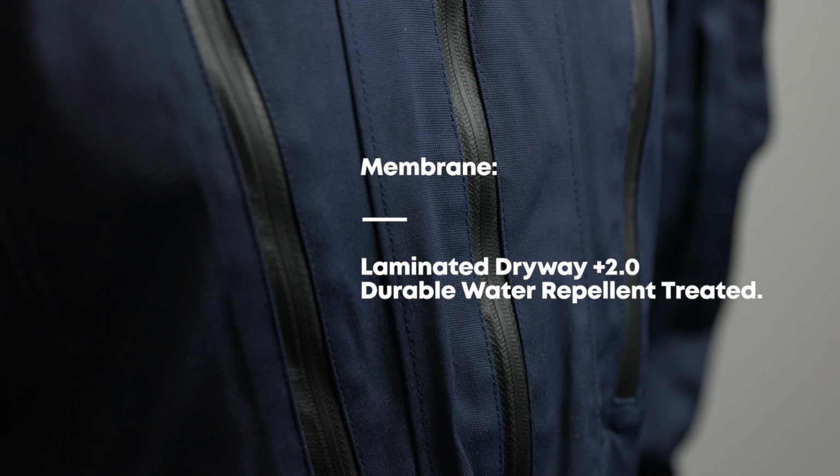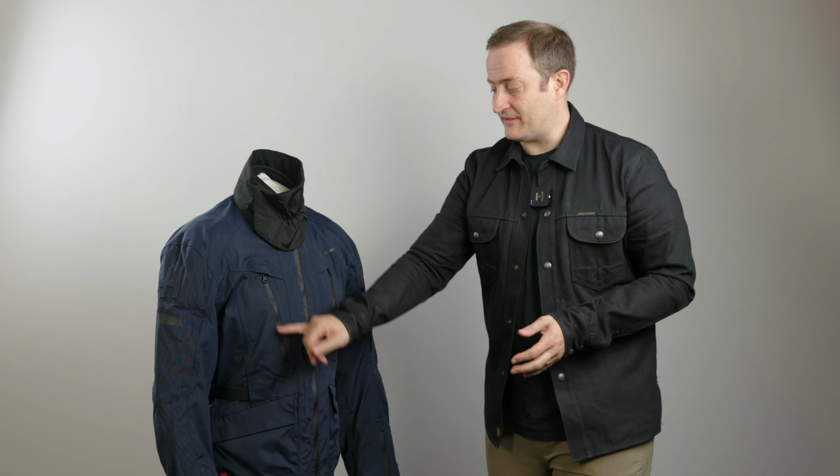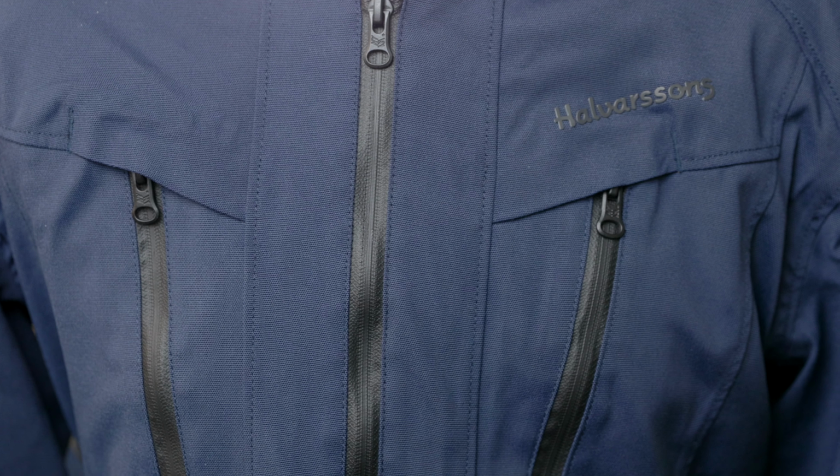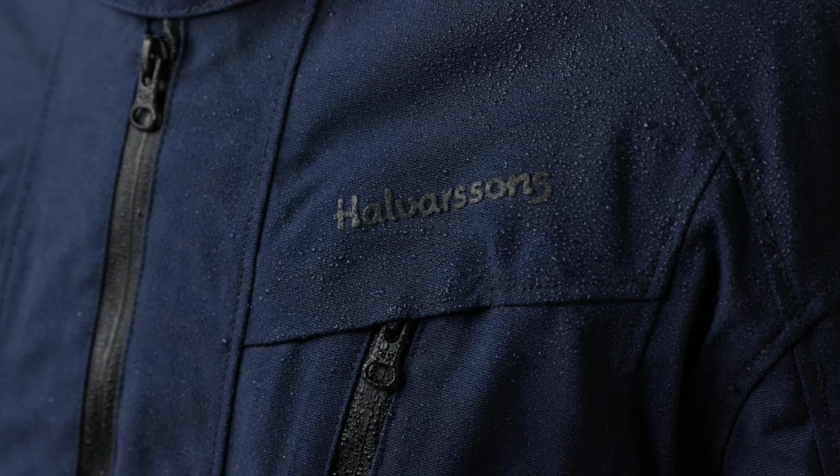You're still getting the same waterproofing, same windproofing, same durability and all those things. The difference is this time, as opposed to it being removable, it's laminated to the outer fabric. So you've got an outer fabric and behind that you've got the membrane and essentially it's stuck to it. The advantages of that are when you open up ventilation points, you're going to get direct airflow into the jacket. When it rains, the water's going to hit the front and bead off and have an extremely quick drying time,